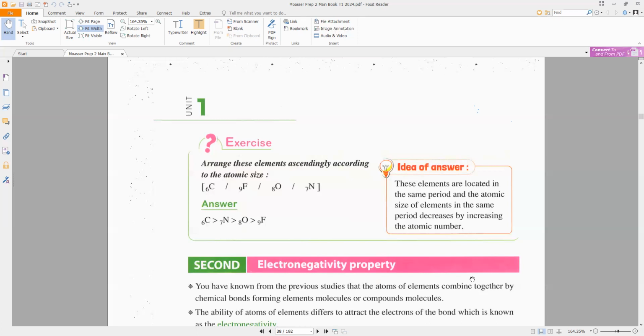So from knowing the atomic number and knowing these elements are in the same group or period, we can tell what happens to the atomic size, increase or decrease. This is about atomic size. In this whole chemical revision,